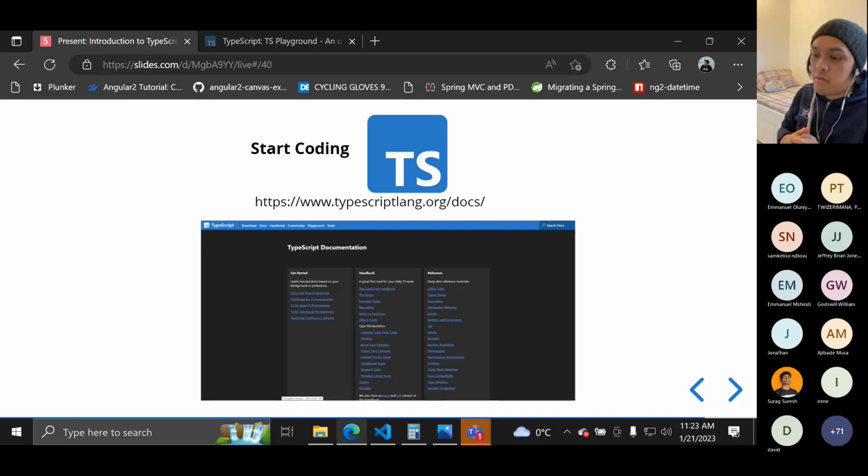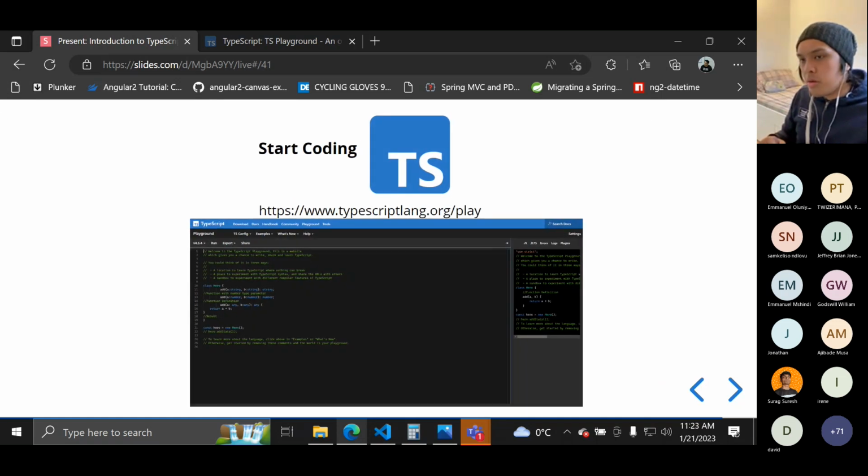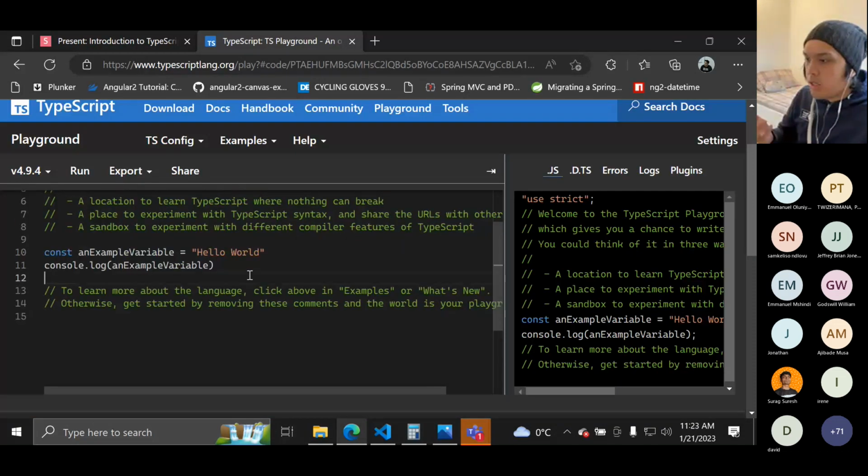If you want to deep dive more, it's very useful to use their documentation. And also, if you don't want to set up TypeScript on your local machine, they also have the TypeScript Playground. You can access it on typescriptlang.org/play. If you access that, you can see their playground, and you can code your TypeScript on the fly.